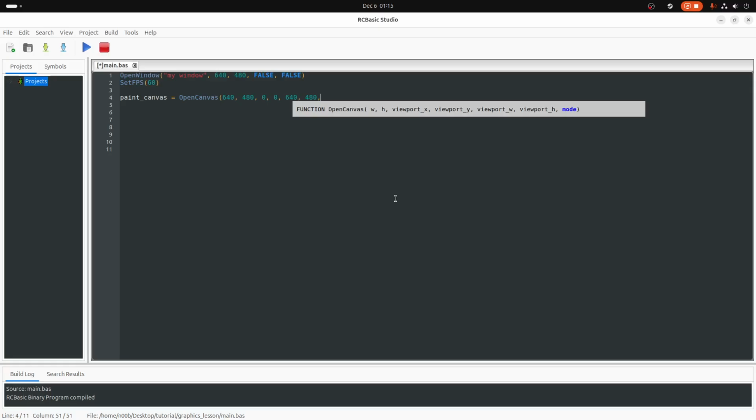We're basically saying out of the entire size of the canvas, which is what these two numbers are, only 640 by 480 pixels is actually visible. And mode,